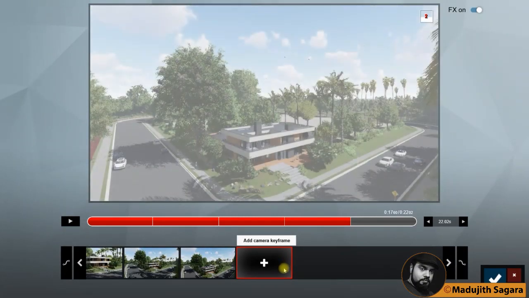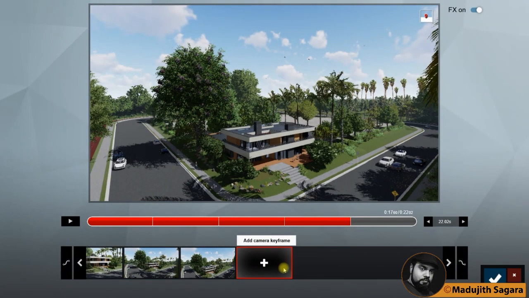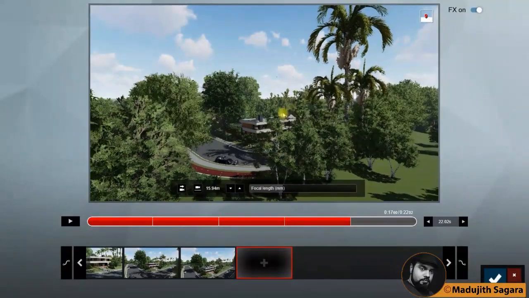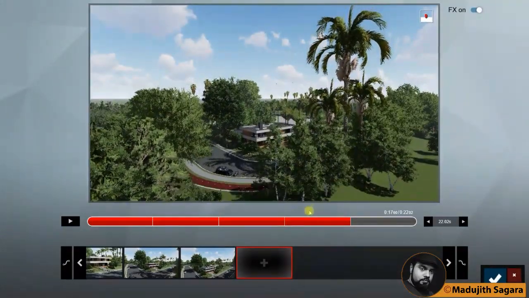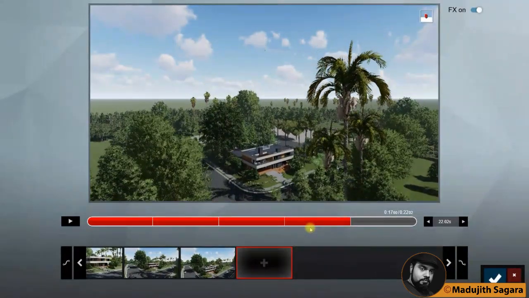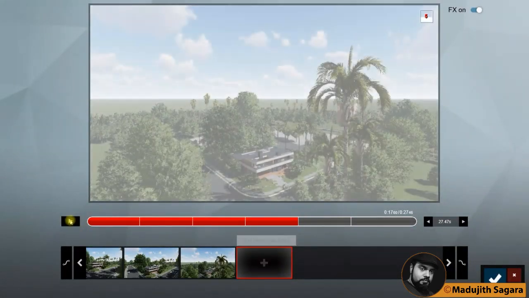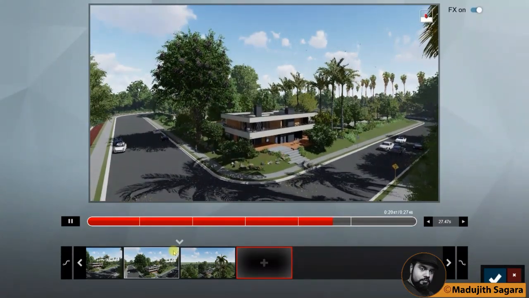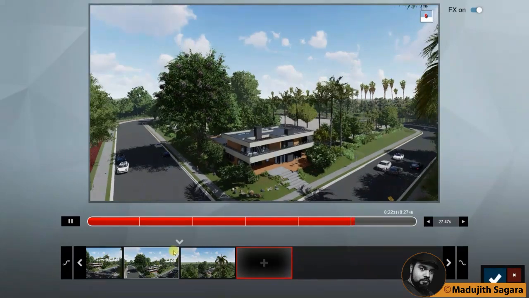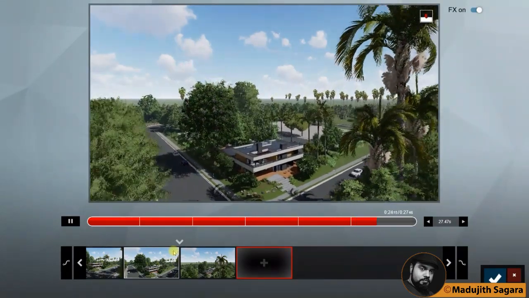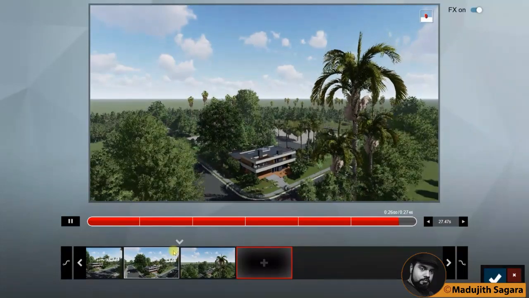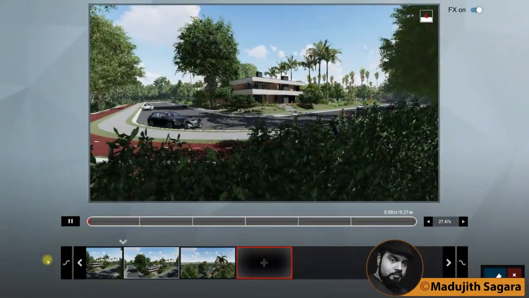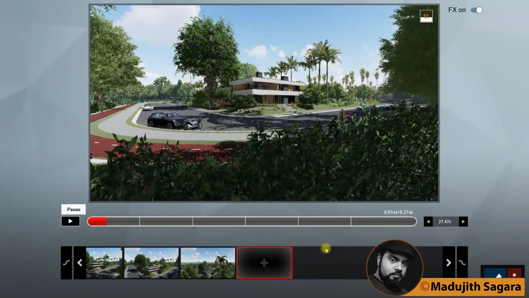Okay, like that. Just play and see. Now it gives a magnificent view. Then I will add some effects to this.